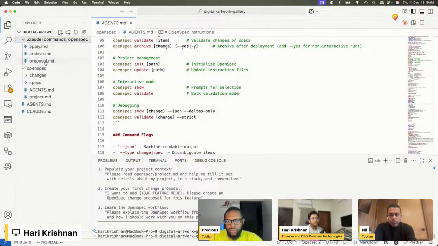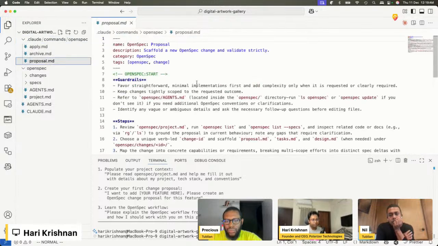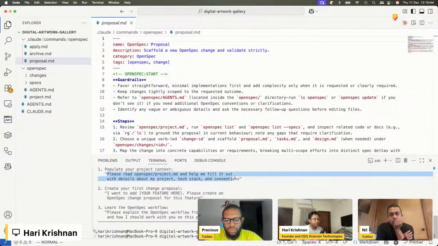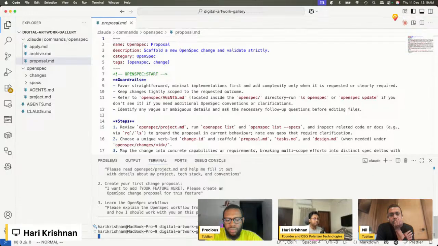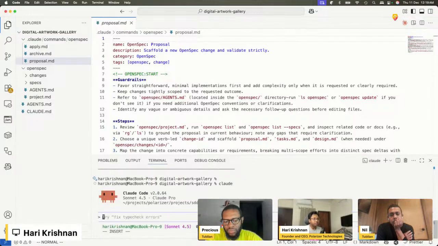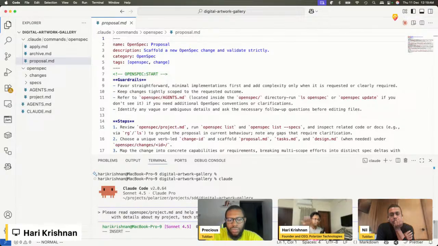It sets the ground for how Claude should work. Then it's got a bunch of commands which it has already initialized the project with, which is the same propose and whatnot that needs to happen. So which means I have a basic shell of a project. So I can go into Claude. And when I go in there, I'll copy this prompt which it has given me to set the initial context. So I'll just launch Claude, and then I'll say, please read the project.markdown file, which is